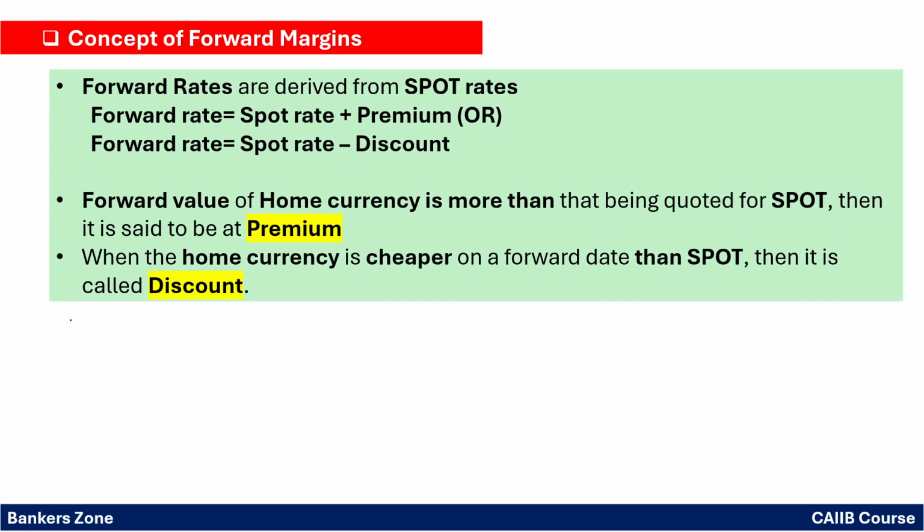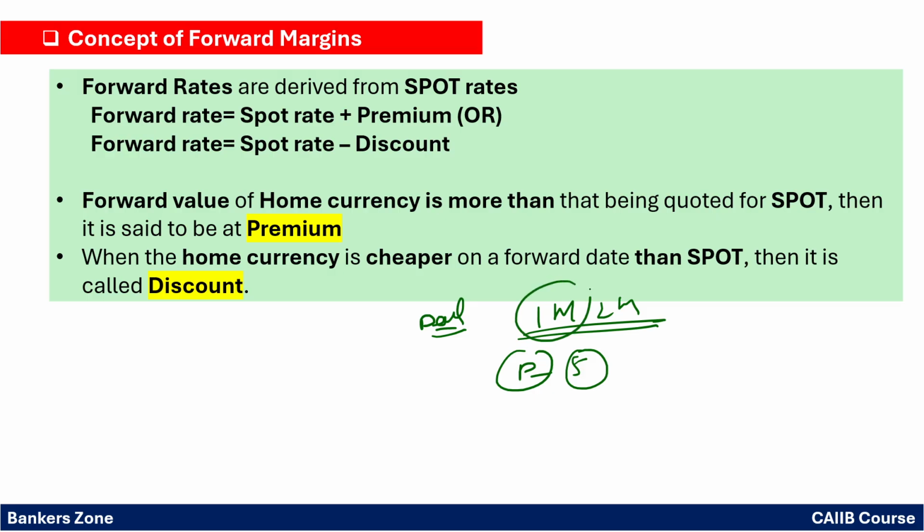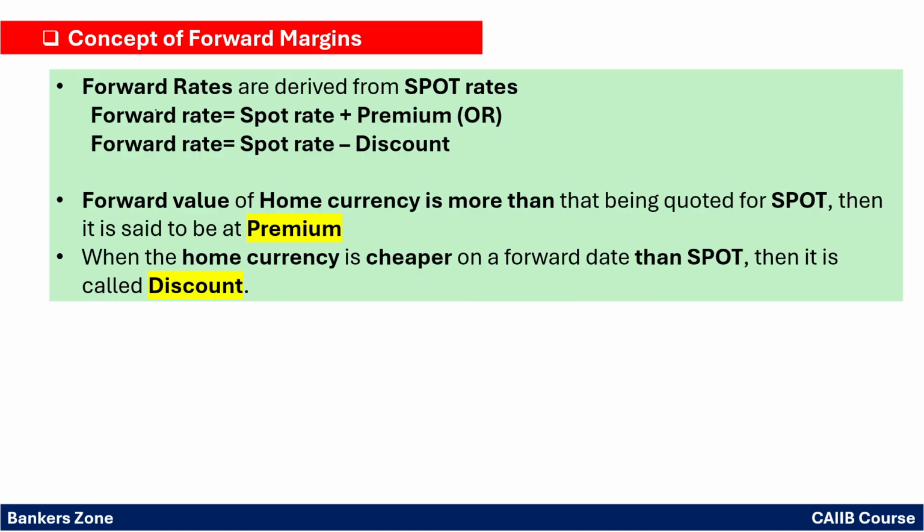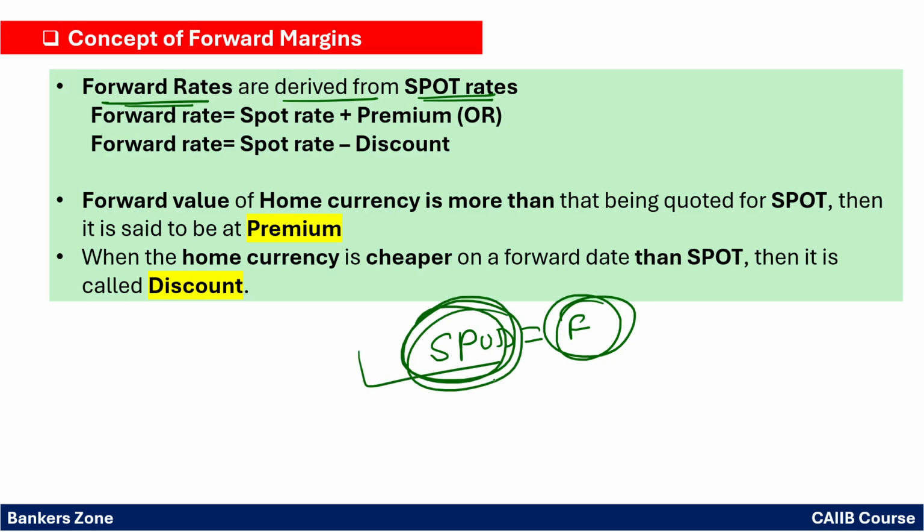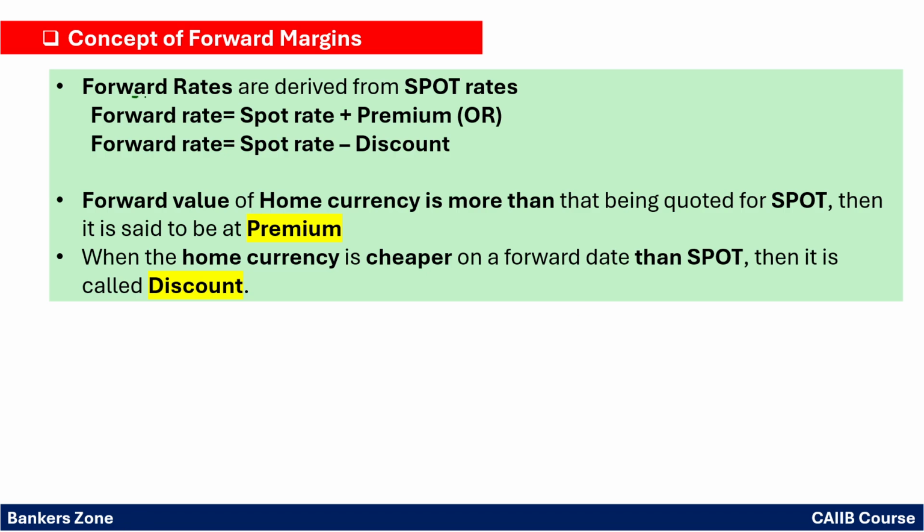Okay. Now see, the concept of a forward margin. Whenever you do a deal in forward, say one month later or two months later, obviously the purchaser and seller are involved. So either one should get a benefit because more time is involved. For that purpose, there is a concept of premium and discount. Now see, what are the forward rates? They are derived from the spot rate. Obviously, any day beyond the spot is what we call a forward. So to derive the forward rate, what basis will we use? Spot. Always remember, the forward rate we always calculate on the basis of the spot rate. Okay.